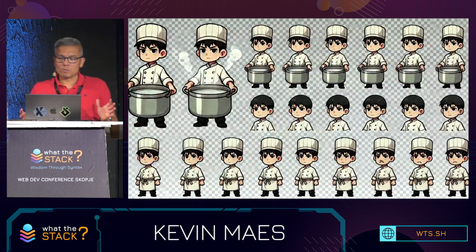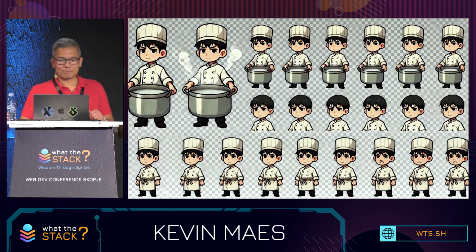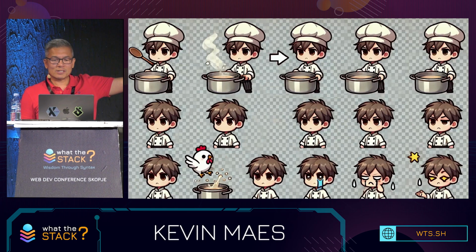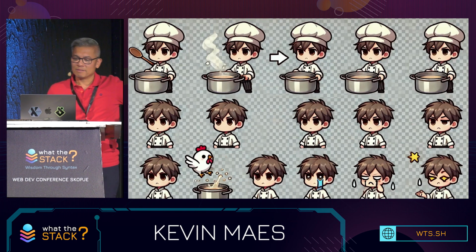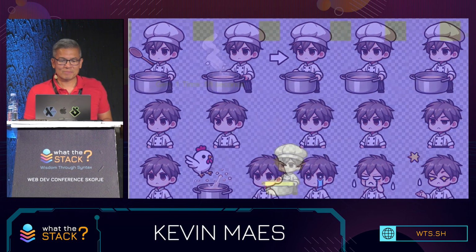Next, I got this one, which is actually pretty great, but he's a bit old for the part, so I might use it in the future. My third try, though, I got this cute chef. He's got an open pot with steam, good for catching eggs, spoon, some tears, random stuff. I think this is good enough.